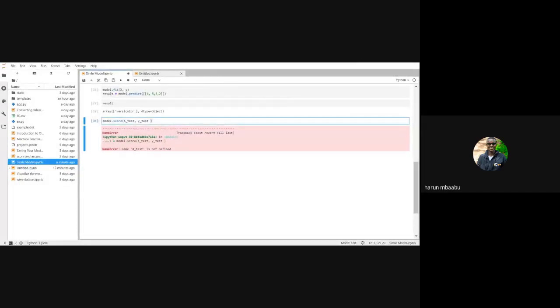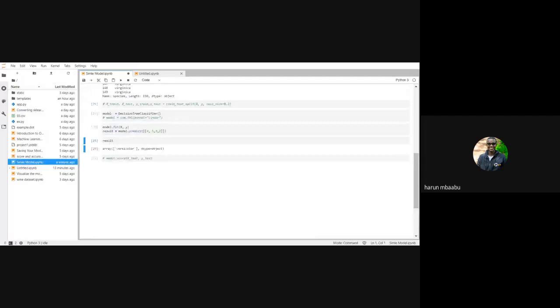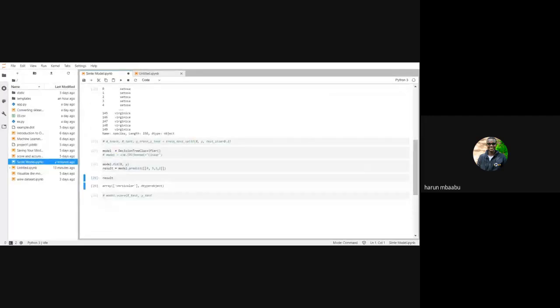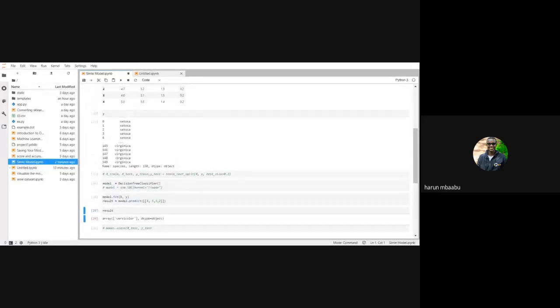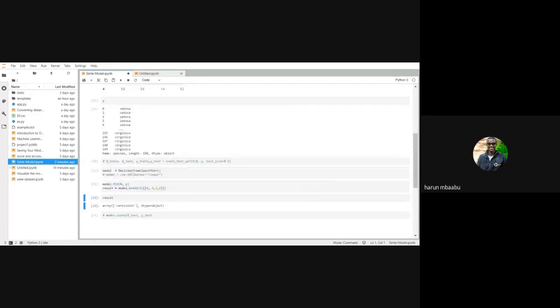Okay, I will comment this one so that we can't get the error, and I will run it. So you can see it predicting the type of the flower that you have is this color, which is the other type or the species of the flower that you have. So the types of the flowers that you have are Setosa, you have this color, and the other one you have is Virginica. So that one we use the first model, which is decision tree.